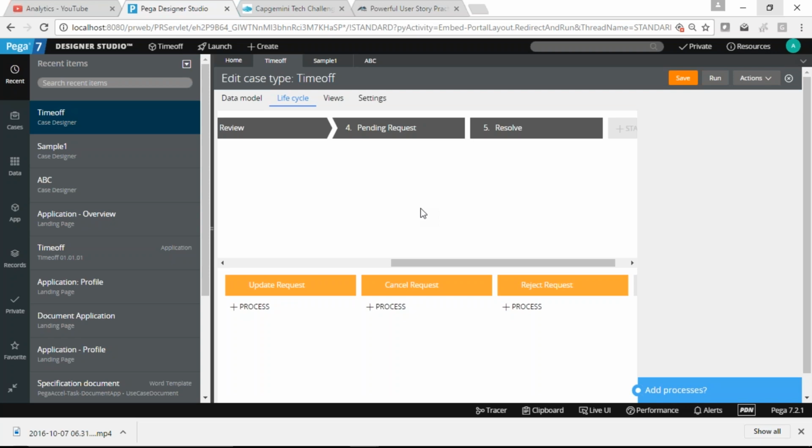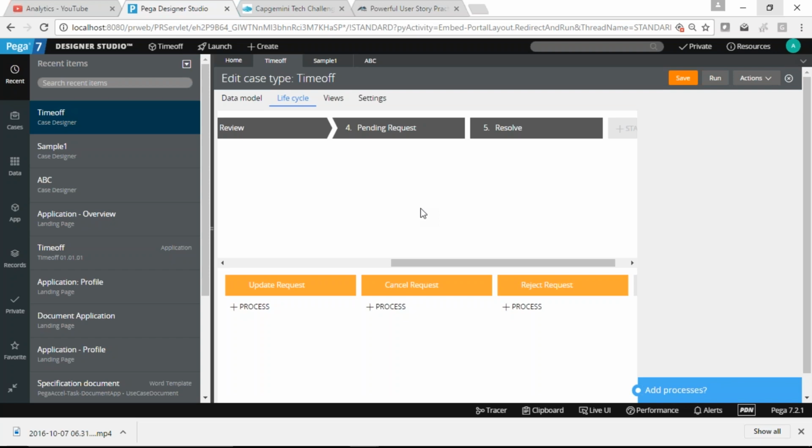Okay. Mukesh, what was the pending request for? Which one? This pending request state, can we just go directly from review to resolve? No, your question is valid. The reason I included that stage is, you can apply for leave one month before or two months before, anytime, you have to raise the request, right?